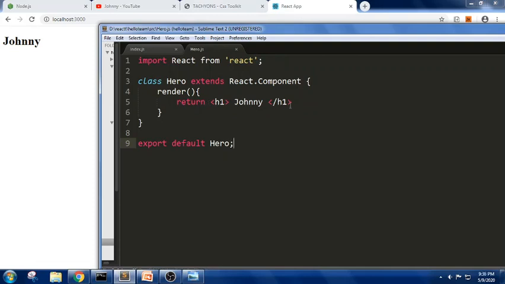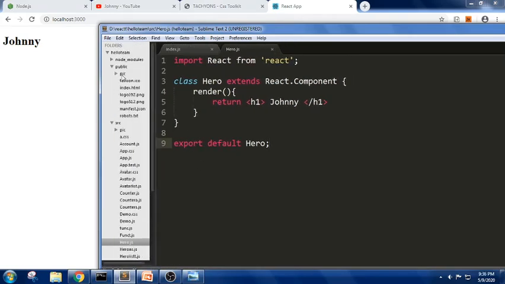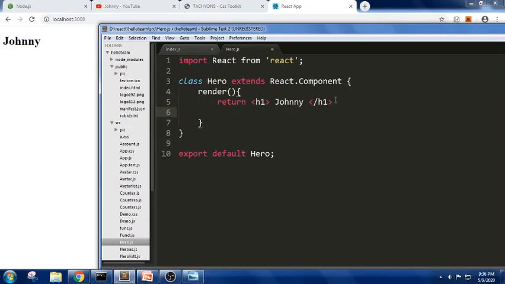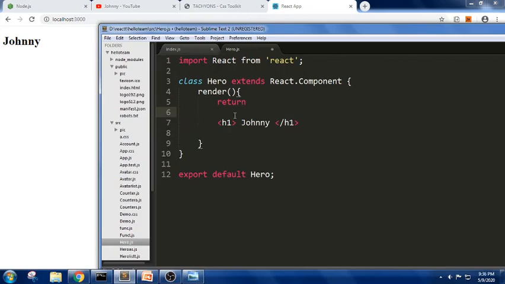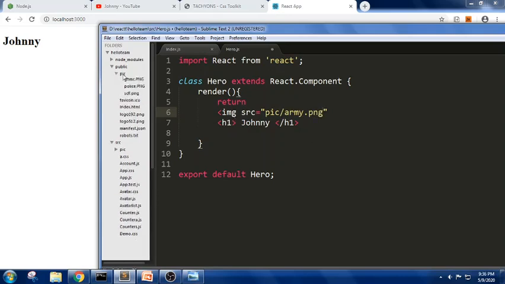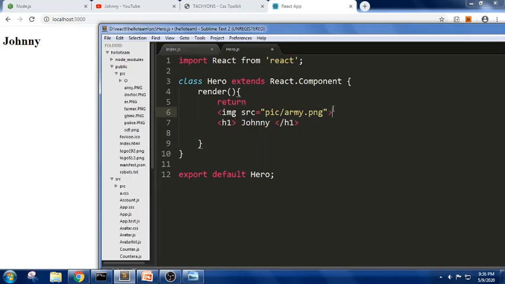Now let me insert an image. For this, I have already created a folder called pic in the workspace. In that workspace I have placed a list of images. So in this I am trying to write, let me take a small image. Let us see how it goes. Image src equals pic/army.png. You can't visualize it, right? Yes, this is how the images are. Let me write this. Now let us check what this is.